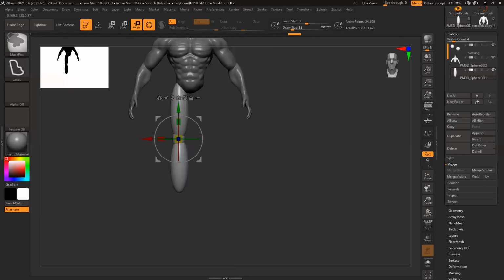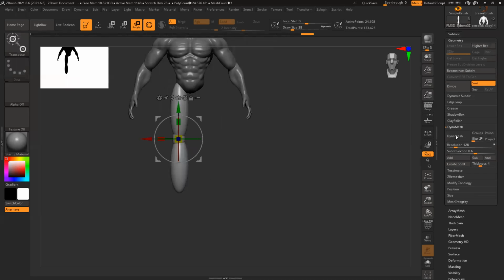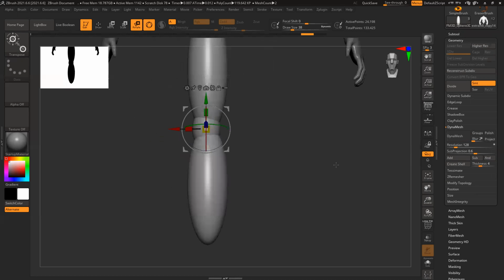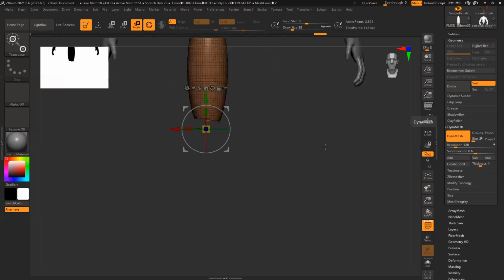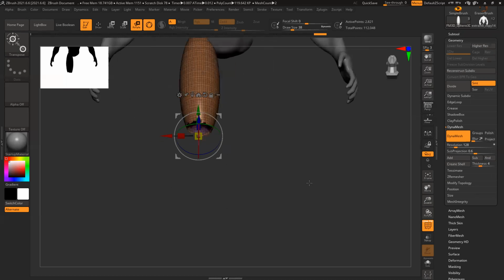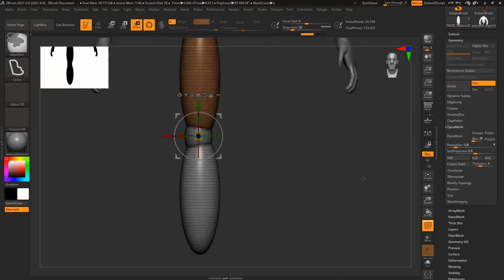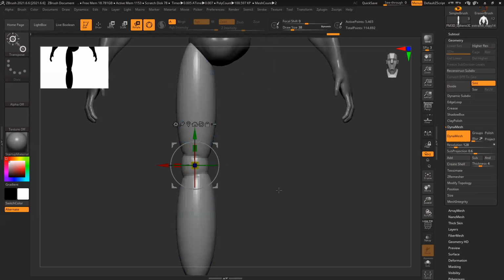Once you're done with this, Dynamesh. Dynamesh this thing, and now I have to define the muscles of the thigh.